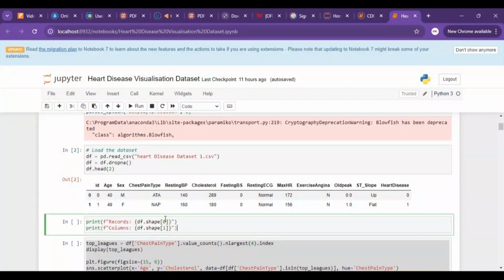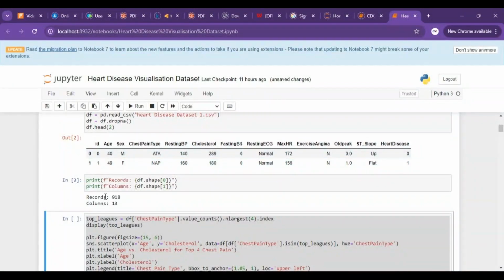The shape is going to give us the shape for the rows and the shape for the columns. Rows is always 0 and column is always 1. That is the axis. So when we run it,